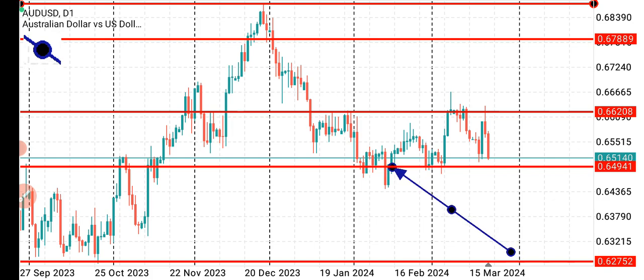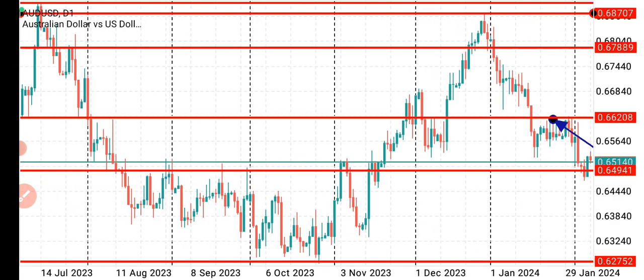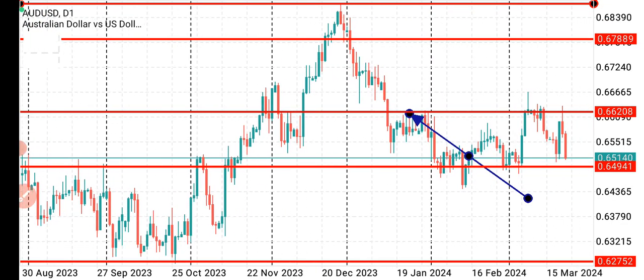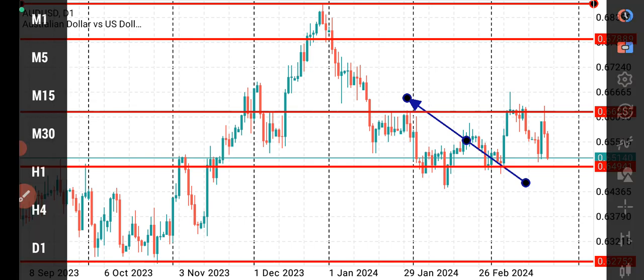And whenever a resistance is broken, it becomes a support, and when a support is broken, it becomes a resistance. But we don't trade this in isolation. Okay, so we are not discussing how to trade it, we are discussing how to identify support and resistance. Then we move to our